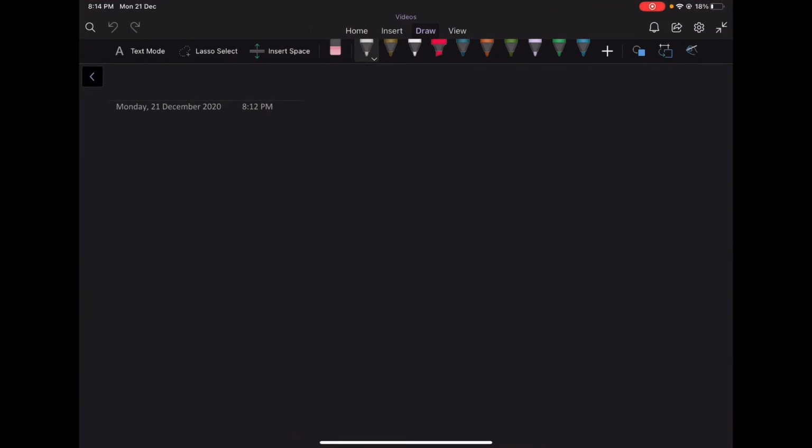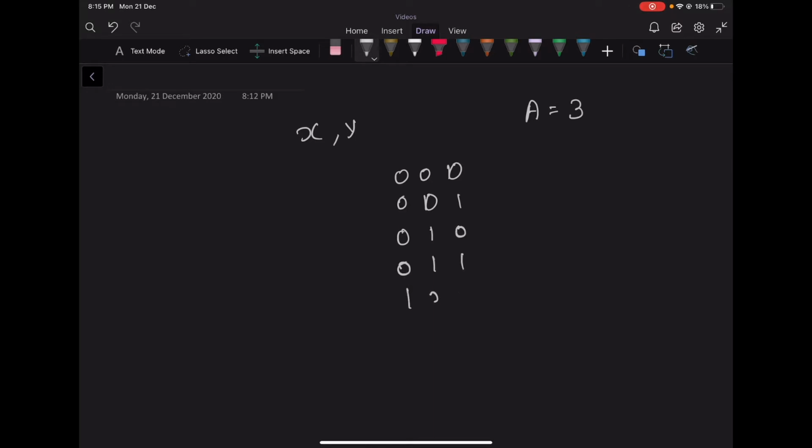So the first thing to notice is that x and y are a-bit numbers. So for example, if a is 3, we will have numbers comprising of 3 bits, that is all the numbers from 000 to 111, that is 0 to 7. So 000, 001, 010, 011, 100, 101, 110 and 111. So these are the possible values of x and y.